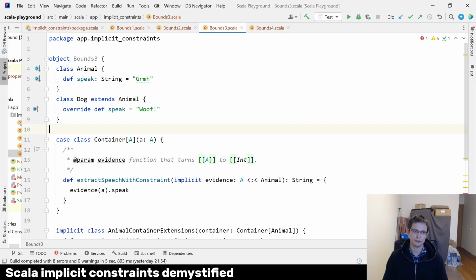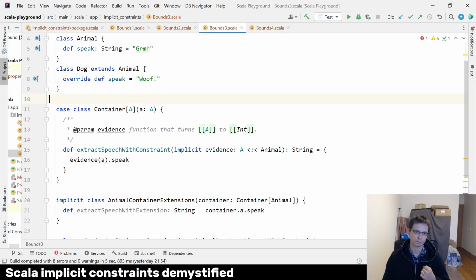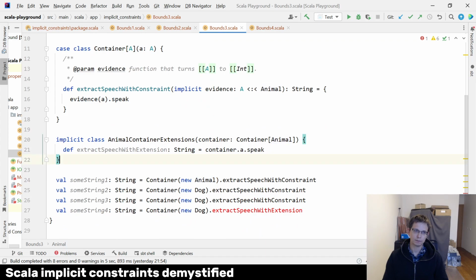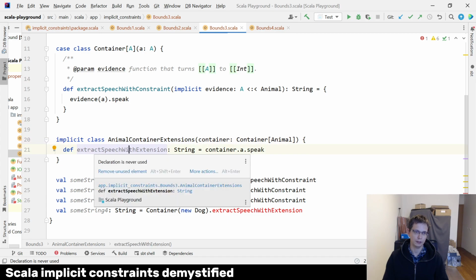So now let's take a look at what kind of difference those two different things have. If we have a class hierarchy, like we have an animal and we have a dog, we can have two versions of it. We can have a container that has the constraint version and the container with the extension method for it. And the difference mostly is that, if we take a look at this,